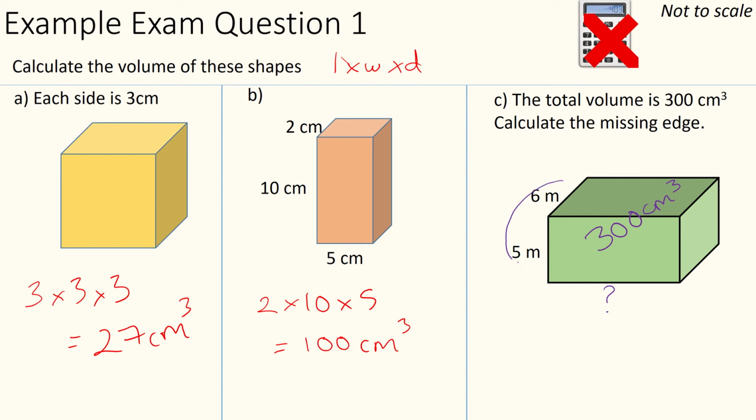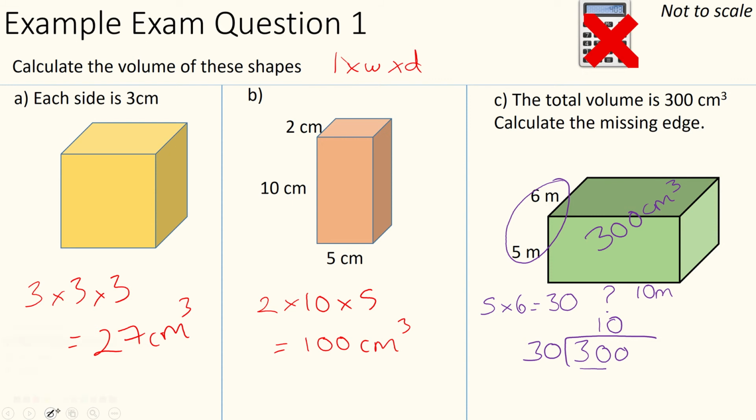So first of all, I would multiply these two sides together because we know those, and that's 30. Sorry, I rephrase that. I said we were going backwards, weren't we? So we take the total, which is 300, and we're going to divide it by 30. So 30 goes into 3 how many times? It doesn't. But 30 does go into 30. It goes in once. And 0 divided by 30 is just 0. So this missing edge is 10